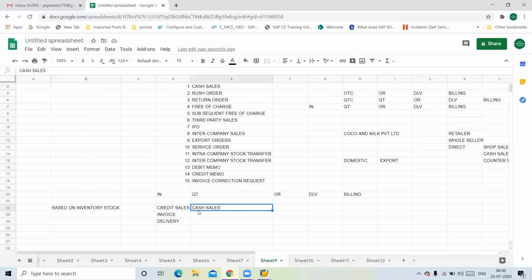In this case also, before reaching the counter, you will fill your basket with respect to stock. So stock must be available. In the credit case, stock might be available after a few days, so delivery might be created at a later point of time. For cash sales, delivery will be created immediately.